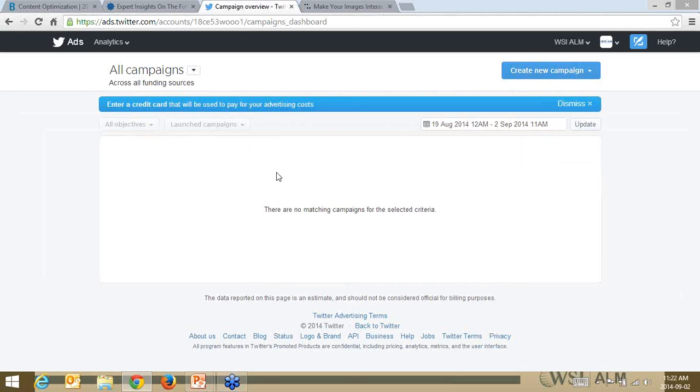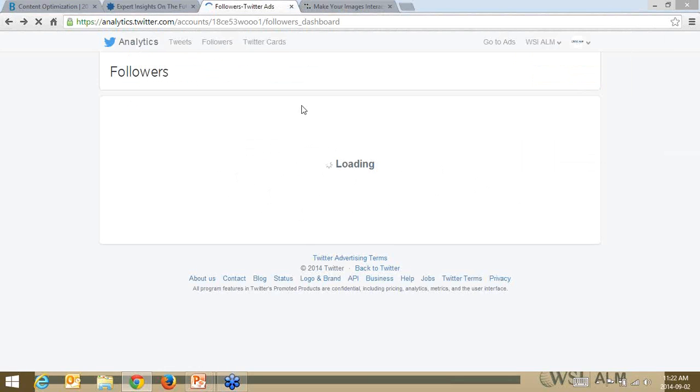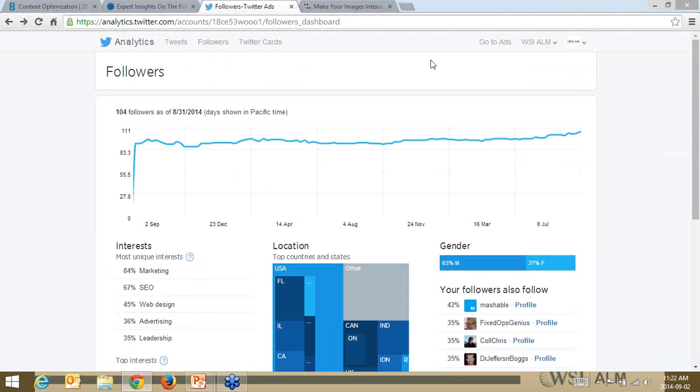I think you can probably dedicate a whole section to the different kinds of campaigns that you can launch on Twitter and what you can potentially do with them. So this analytics data is now accessible to everybody, so you can just log in with your Twitter account. Just go to analytics.twitter.com.